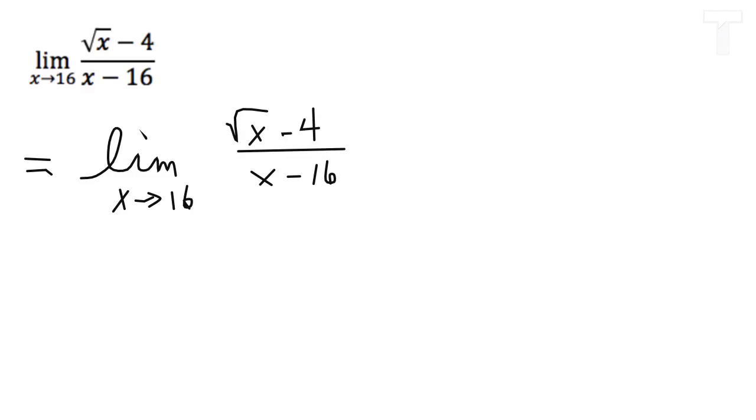For the second example there, I have a similar problem. If I tried to just plug in 16 for x, I'm going to end up with a 0 in my denominator. So we can use a technique called rationalizing the numerator in this case. You probably remember rationalizing a denominator if you were left with a radical expression or maybe a complex number in your denominator. Here we can multiply top and bottom, not by the conjugate of the denominator, but the conjugate of